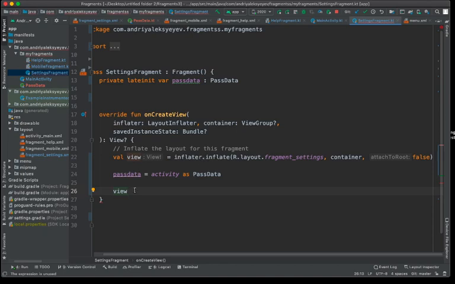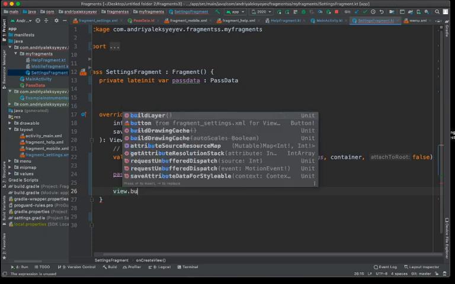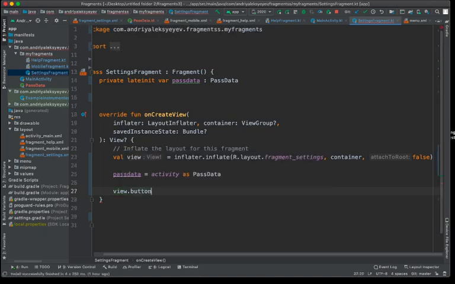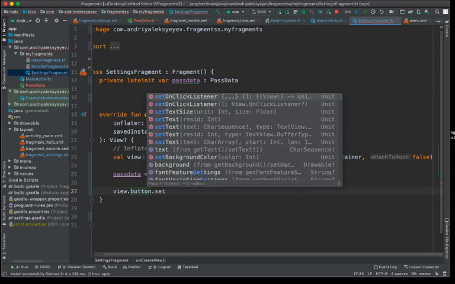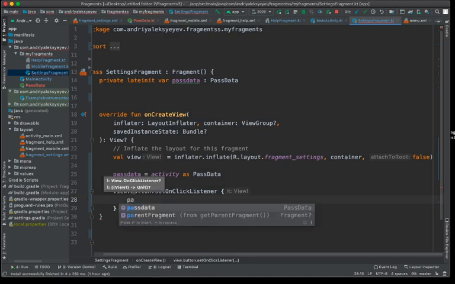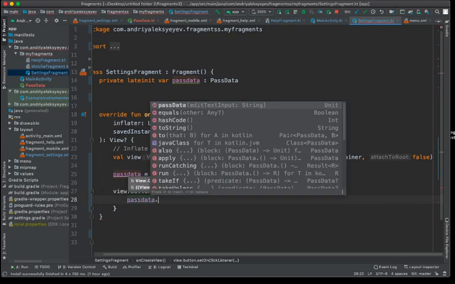So view dot, I think ID was button, view button, setOnClickListener, and here we're gonna say passData dot another passData, but